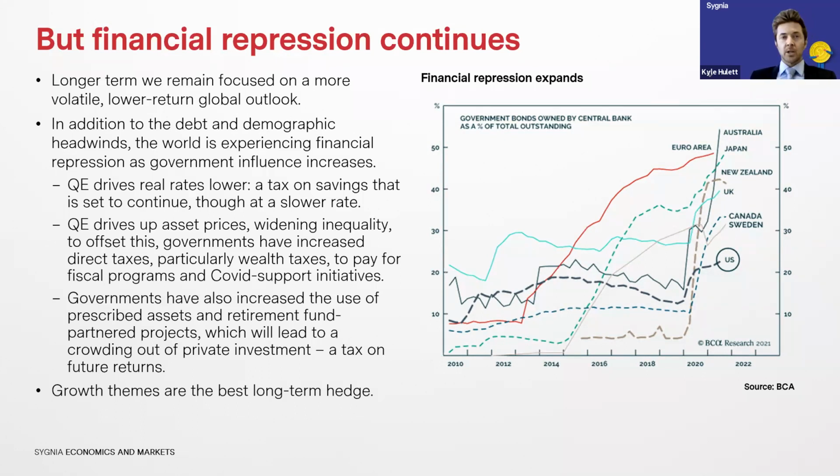And we all know about the US. The US has got the largest stock of government bonds that they have bought in terms of the central bank and their QE. But you can see that they own about 25% of the outstanding bonds. What's quite a surprise to see is who's top of the pops: Australia and the Euro area. Japan, you expect to be up there, owning more than half of their outstanding government bonds, 50%. But quite a surprise to see Euro area, Australia, New Zealand, UK, all close to 50% of the outstanding bonds